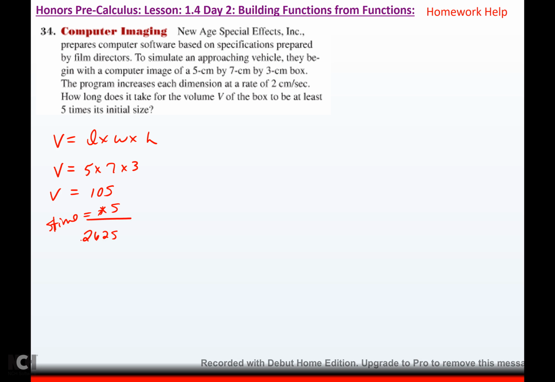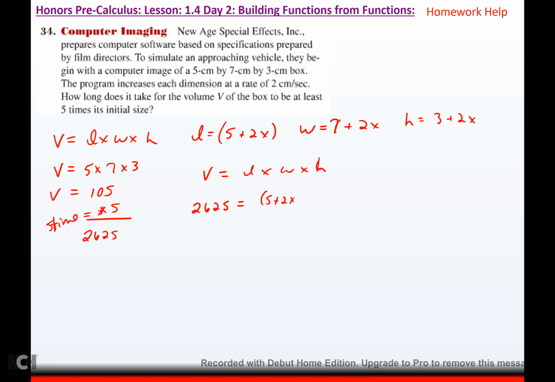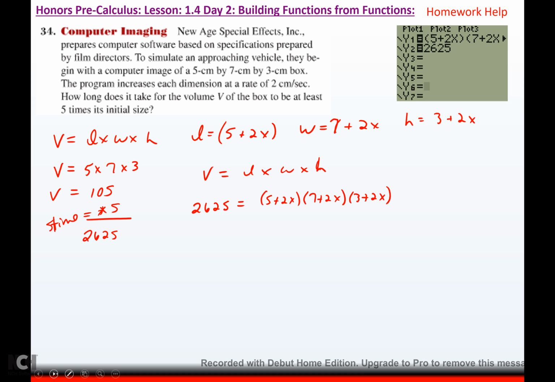Okay? Now, my length was 5, but now it's increasing by 2 centimeters a second. My width was 7, but now it's increasing by 2x. And my height was 3, but now it's increasing by 2x. So for my volume, length times width times height, I have 2625 equals 5 plus 2x times 7 plus 2x times 3 plus 2x. And if I go to my graphing calculator and I type in this for y1 and this for y2,